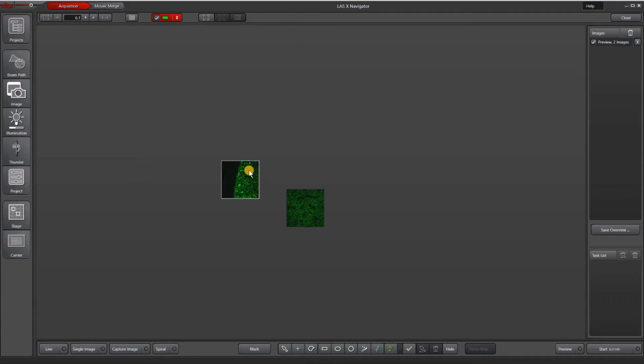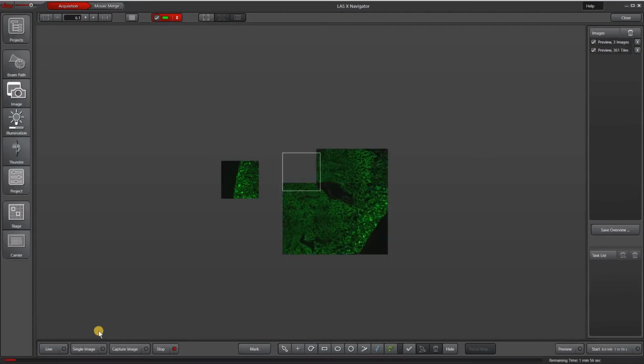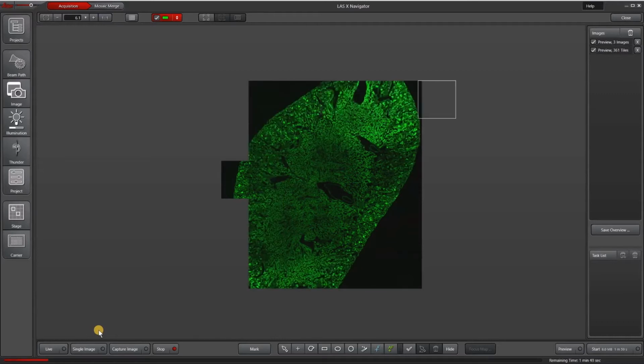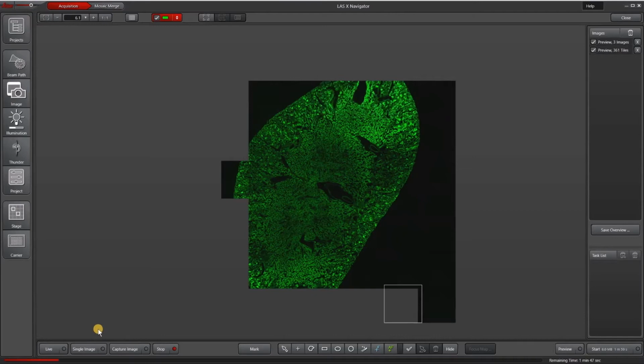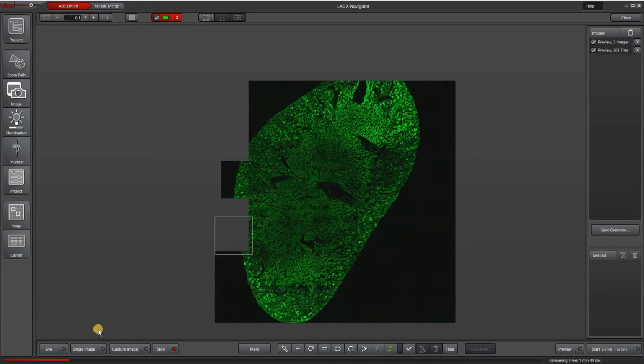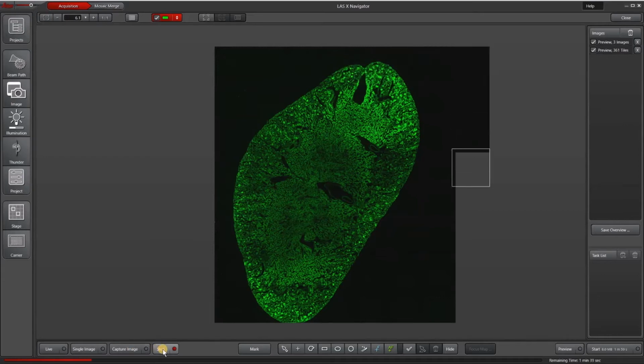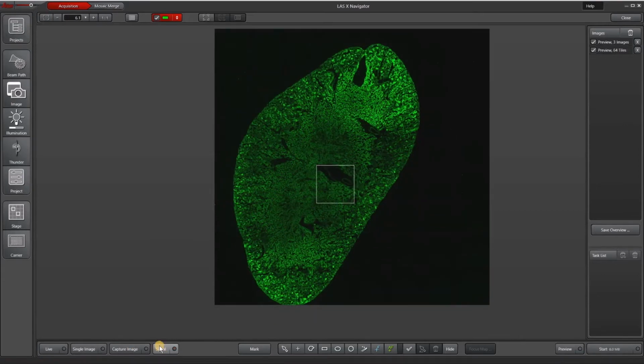So I'm currently on the side of this kidney, and the thing I usually try to do when I'm looking at sections like this is I go somewhere in the middle and then I hit the spiral button. The spiral button will start a spiral scan, which on this system is relatively quick because both my stage and my camera are triggered. This lets us image the whole kidney with a 10x objective in a matter of seconds. Your system may vary.